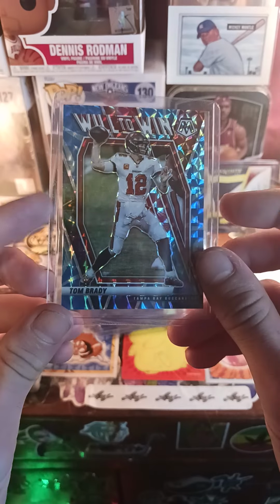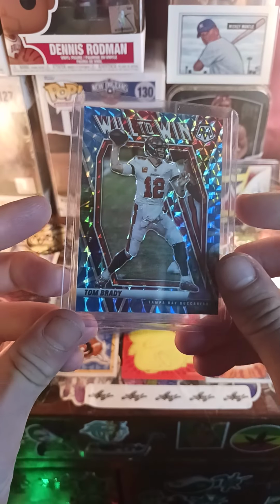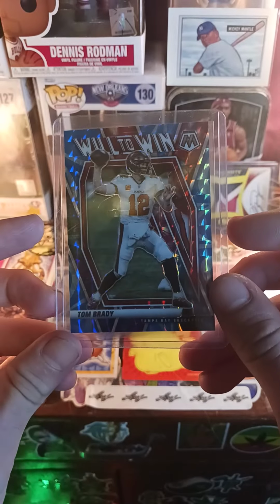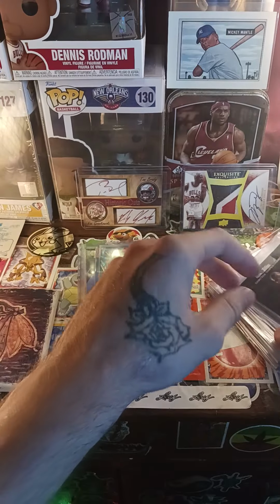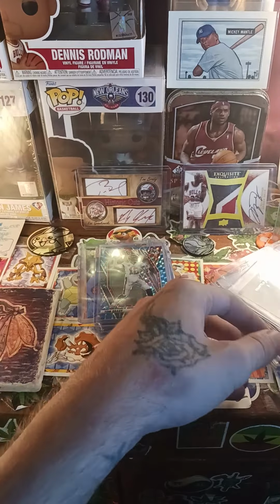The centering, I don't know, a 9, maybe a 10. We'll see when they come back. It's gonna be a while, guys. I don't even plan on submitting these right now because